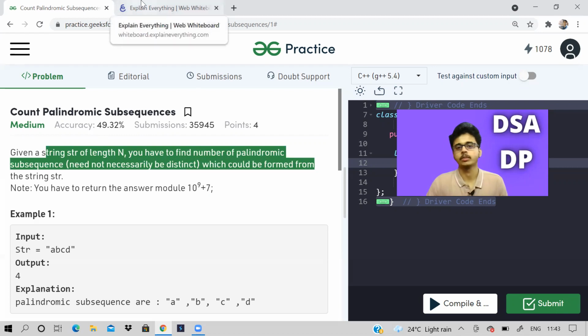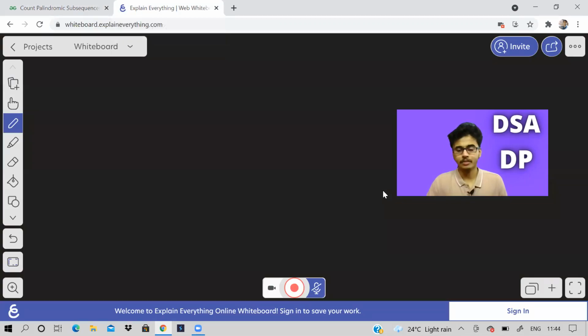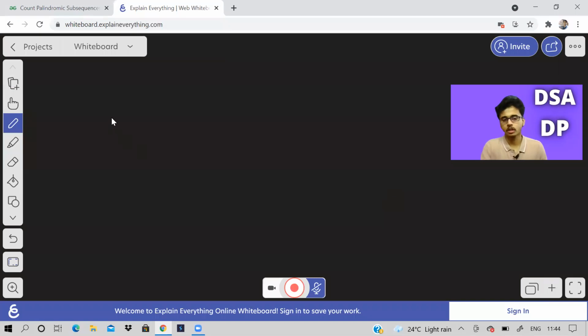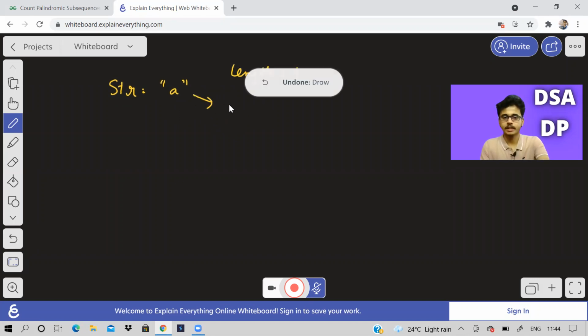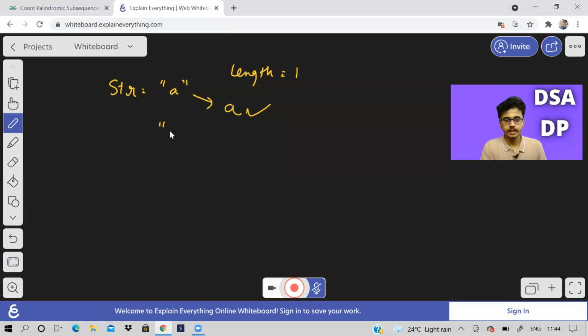So this modulo can be handled anyway, but how do we answer this? So palindromic subsequences. Let us start from a few basic things, whatever we know. Suppose a string given to us, let it be A. What is the length of the string? Length of the string is equal to 1. And how many palindromic subsequences are there? First, let us find out how many subsequences are there. So empty subsequence and A. Empty we don't consider anyway, so we can forget that, correct? So only one subsequence is there, which is A. Is it a palindrome? Yes. So even if we take a string B or C, whatever, if a string has length 1, then answer we know is going to be 1.